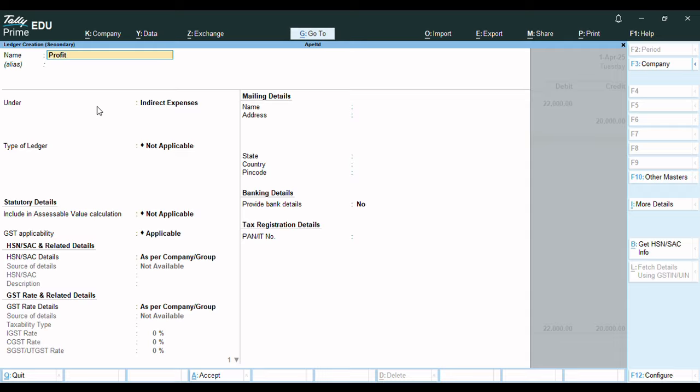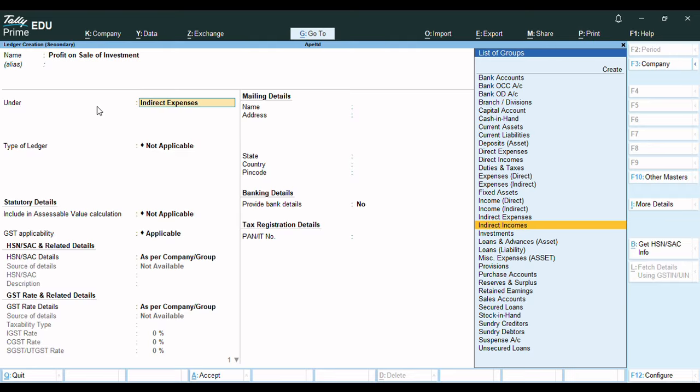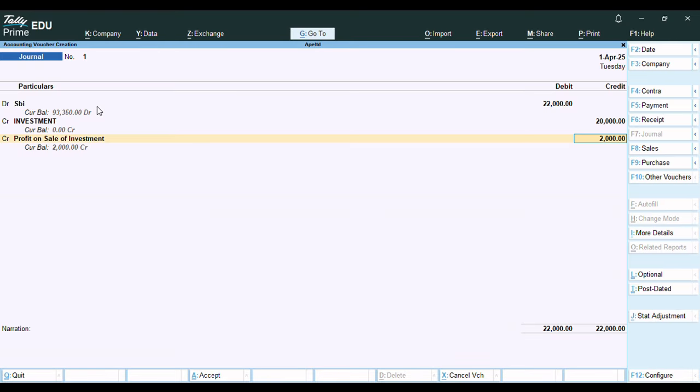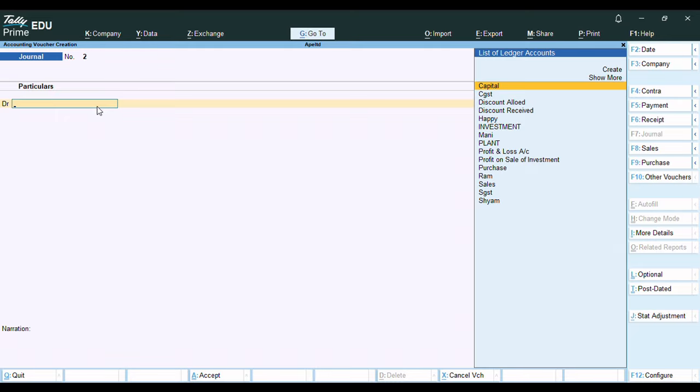Profit will make us profit on sale of investment, this is indirect income, 2,000. Okay, so done with the investment sold. Next is expenses paid, phone and electricity, okay, let's make the payment, payment voucher,